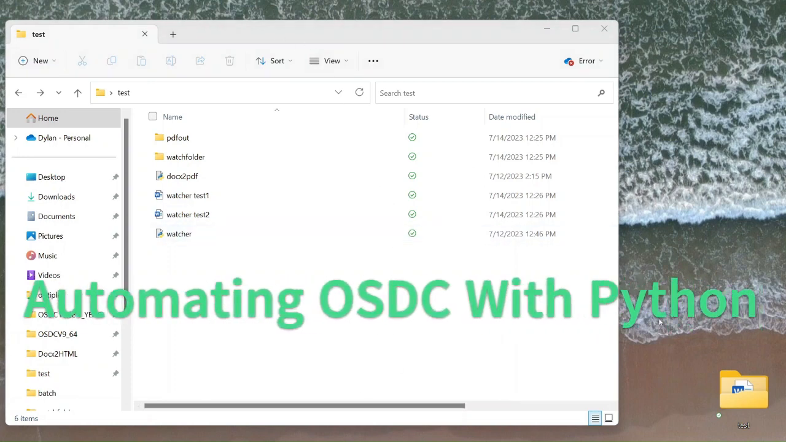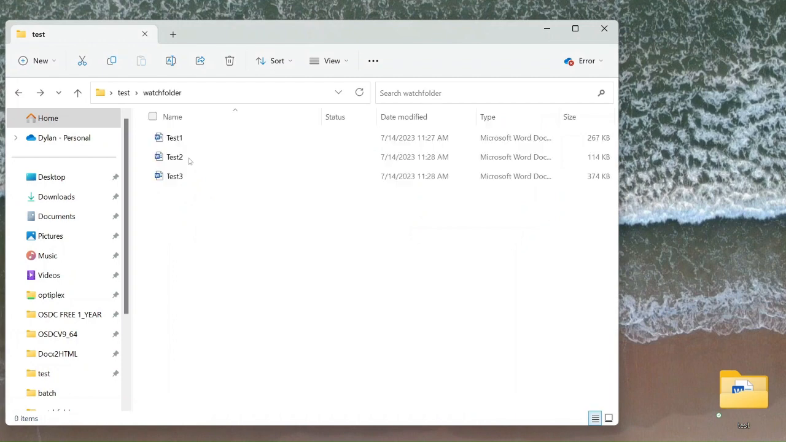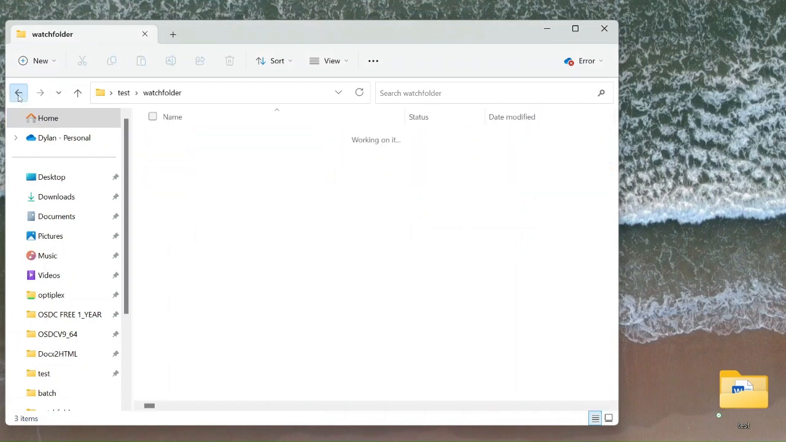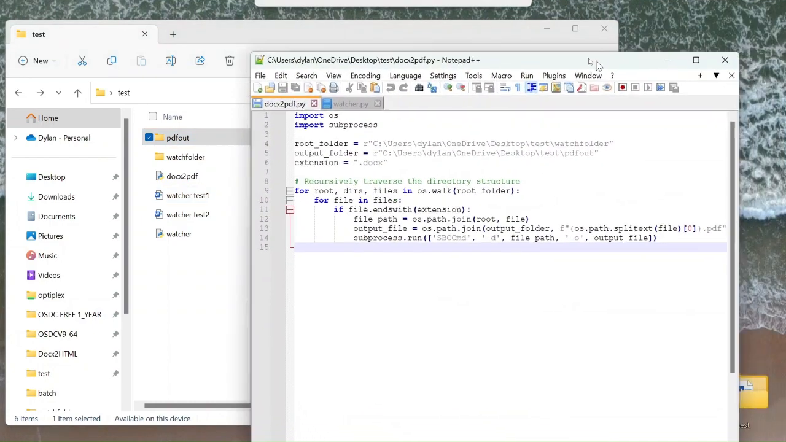Hello. So here I'm going to show you how to automate OSDC using a watch folder. This is using the Python watchdog, and here we have two folders. One is the watch, one is the out. We have 3 Word documents in our watch folder, and these will be put into the PDF out for their conversion. And with the Docx to PDF Python script, this will move Word documents from the watch folder into